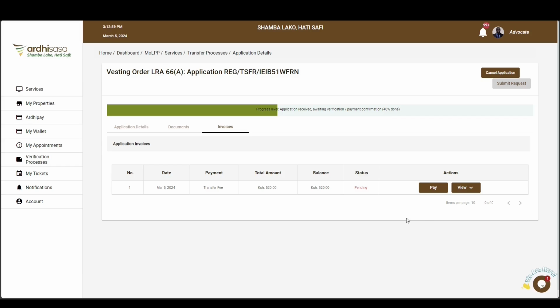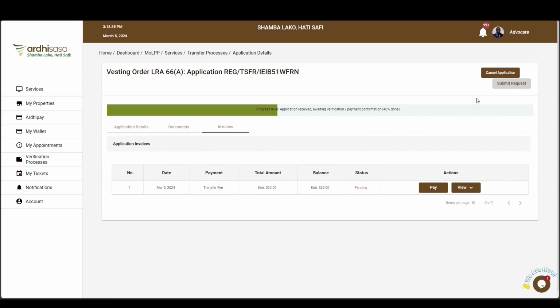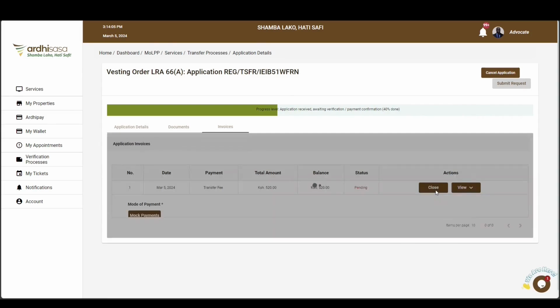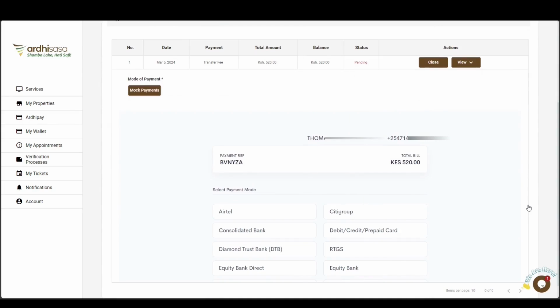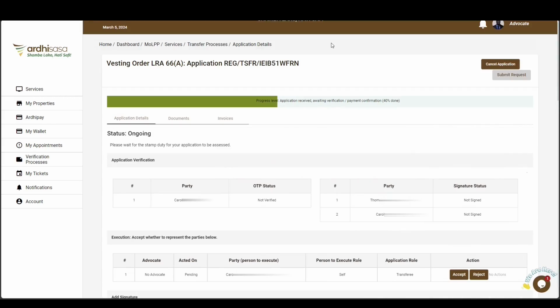To view the invoice, click on the View button, a drop-down will appear, click on the first option. You'll be able to see the invoice, which is unpaid, as well as the constituent fees. In this case, the advocate is paying the fee. As such, navigate back to the invoice, click on Pay. You'll be provided with the available methods for payment, as well as the procedures to be used. Proceed to pay with your preferred method, and once you do so, you'll be automatically navigated to the application details